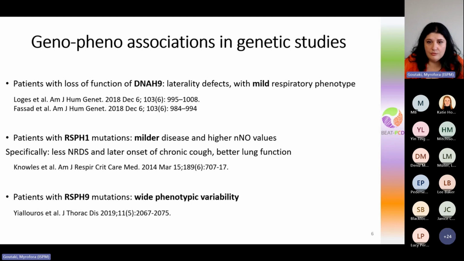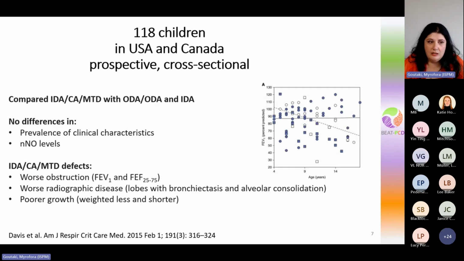Besides the genetic studies, what we try to do mostly in the literature is to really use large databases and large cohort studies or registries, to describe, using an increased number of patients, where we can have enough patients with the different subgroups of genotypes or at least functional phenotypes, differences in clinical characteristics. This study from the North American Consortium was, as far as I know, the first larger cohort study that described the first baseline cross-sectional data